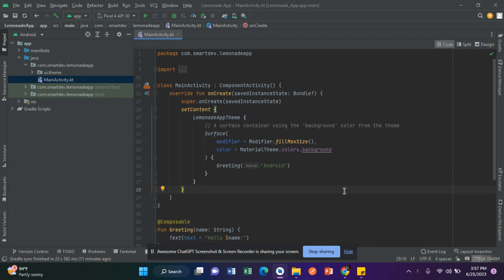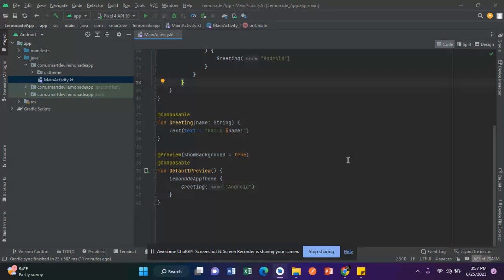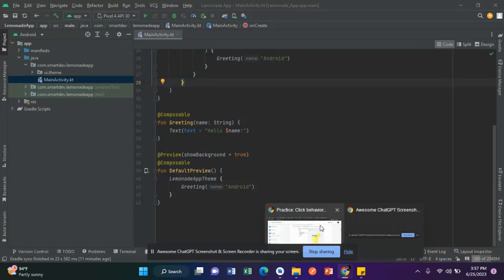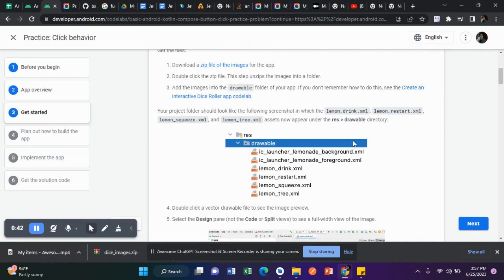So in this video, we are going to create a dynamic application using Jetpack Compose that will help you to learn more concepts in Jetpack Compose. So let's start. We have just created a new project of Jetpack Compose. Now we are going to create the UI. So what we need to create,